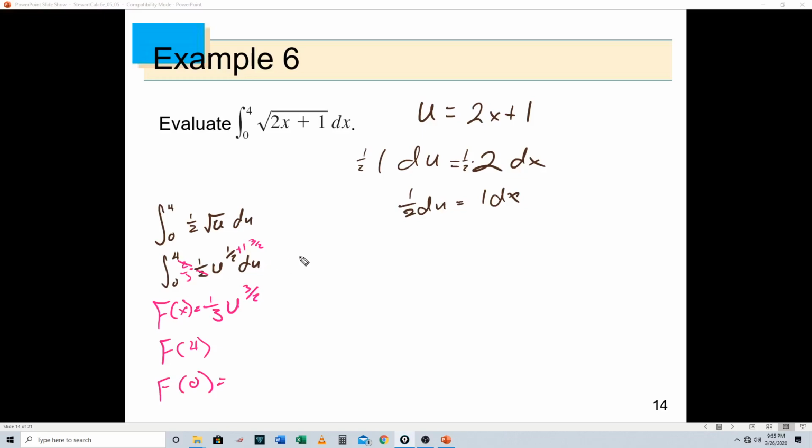Oh wait, no it's not. No it's not, because I forgot to do one thing. Ha ha ha. Let's erase this. And if you caught me, what was the one thing I forgot to do? I'm not doing the derivative or antiderivative of u, I'm doing the antiderivative of x. So, which means once I do, I know that,